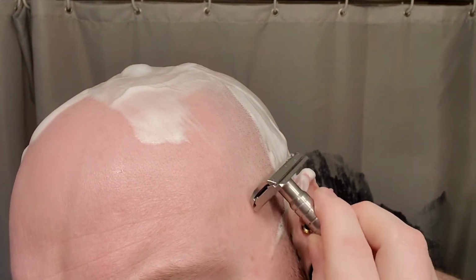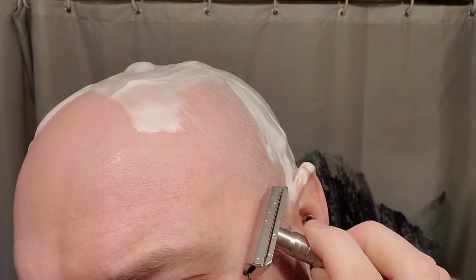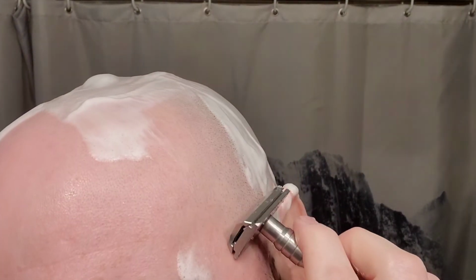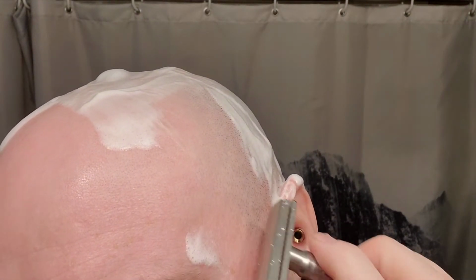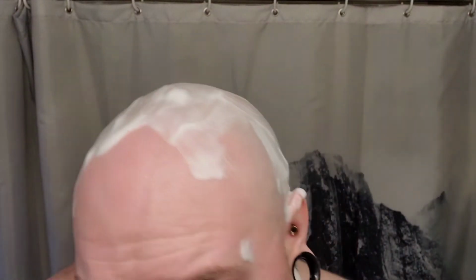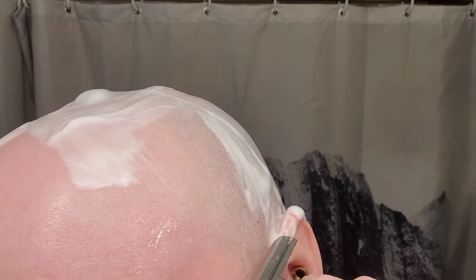Okay, so I'm going to do something also today that I don't normally do. And I'm going to talk about something that happened in the wet shaving community that I found was immensely whack. And I would like y'all's opinion on what happened as soon as I'm done cleaning up my sideburn here. Okay, so